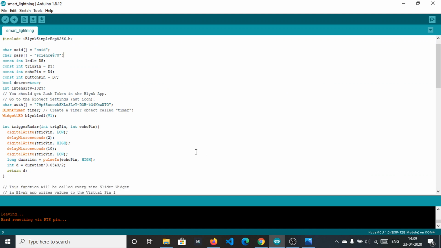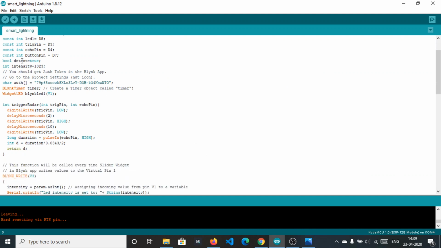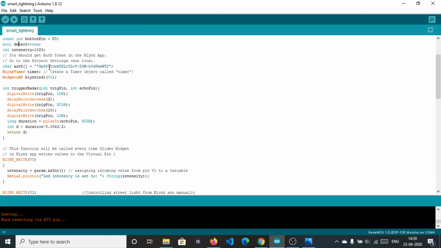And apart from it, there is another Boolean variable, detect. Fine. And we will use it later. Int intensity is equal to 1023. We will check this later. We are using here Blink Timer and Blink LED.